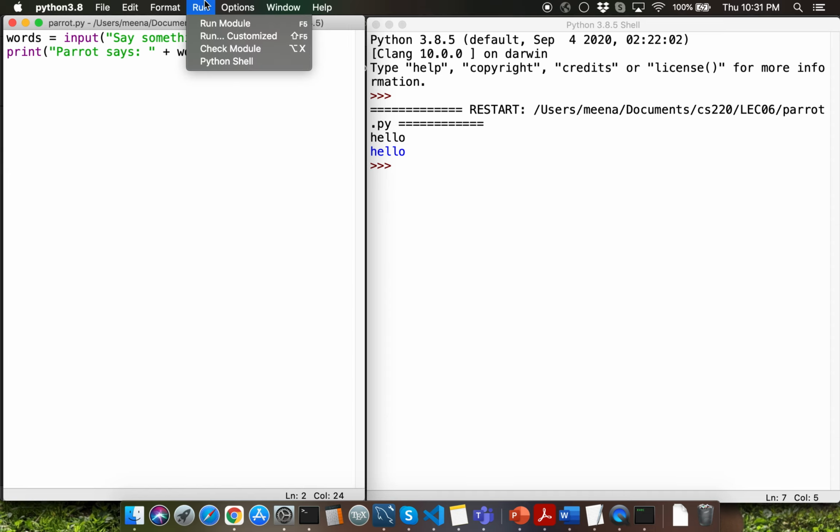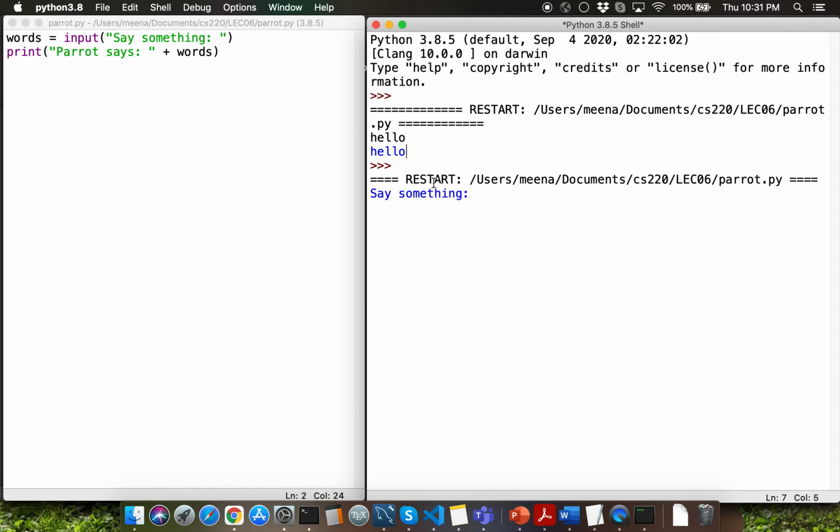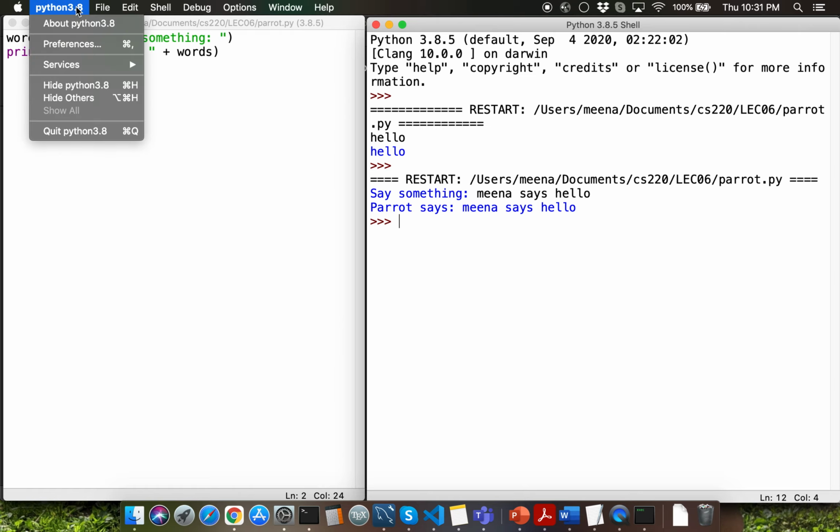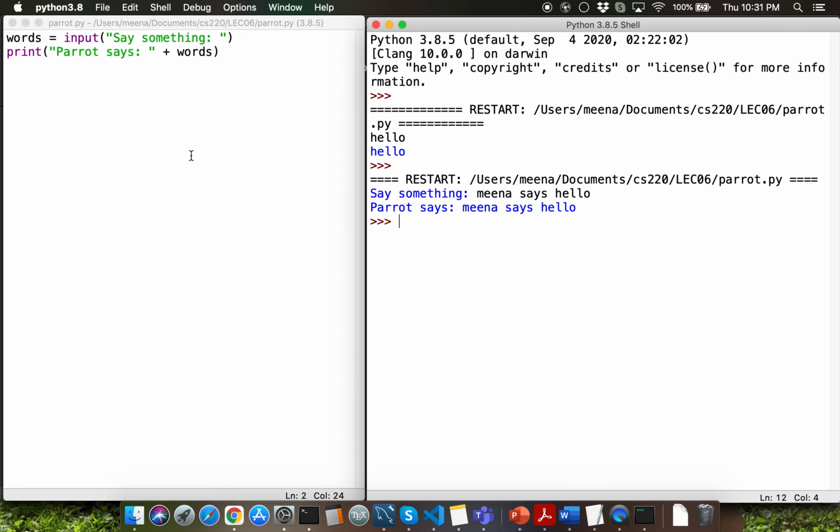Let me save the program, and now when I run it, I'm going to get a prompt saying say something. Let me say Meena says hello. The print function call displays parrot says colon Meena says hello. Very simple program, but very effective for you to understand the input and print function calls.